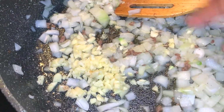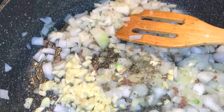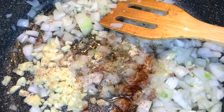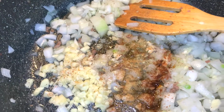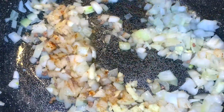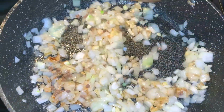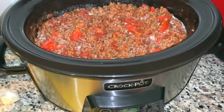So we're going to saute this on a medium heat, and I'm going to add seasonings to this aromatics level. So I'm adding garlic powder, cumin, celery flakes, I'm sorry, not celery seed. Although I do have celery seed in my spice cabinet. I might give you a tour of my spice cabinet in a future video. But yeah, saute your vegetables until they're translucent. And then